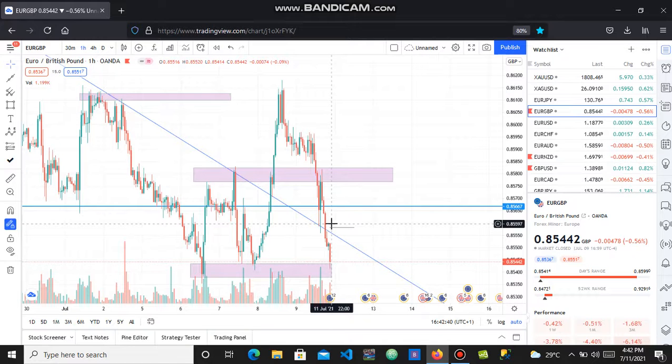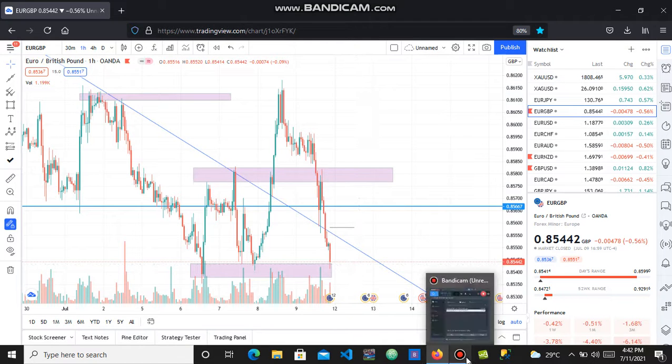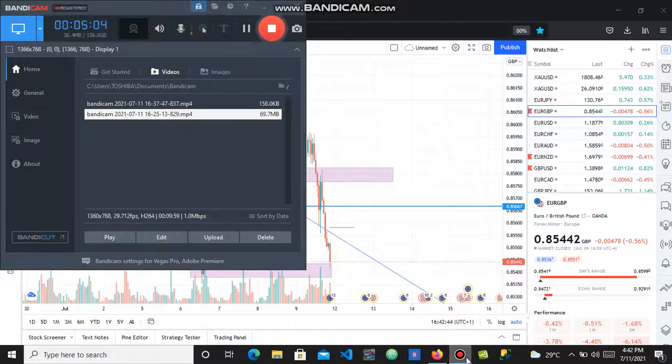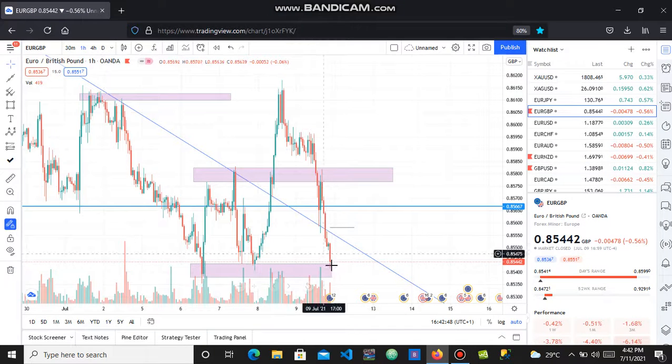So the last thing we are going to talk about is our SNR, so is our sharp entry. After drawing our SNR and our trend line, we could see that Euro GDP went down from this point. Look at it very well. It came down and went up. So from this point of an SNR, we could actually place